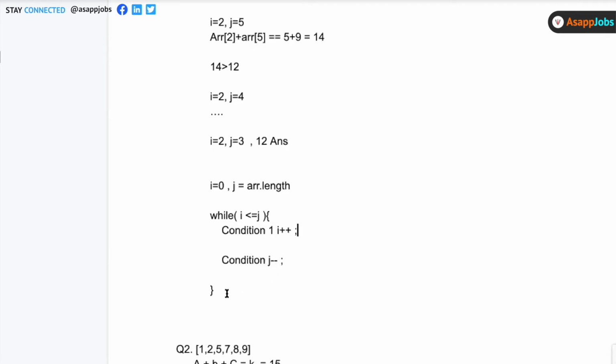So what I mean to say is, if I have this array, and I have this element 1, I have this element 2, and I have this element n minus 1, and I have this element n, right?